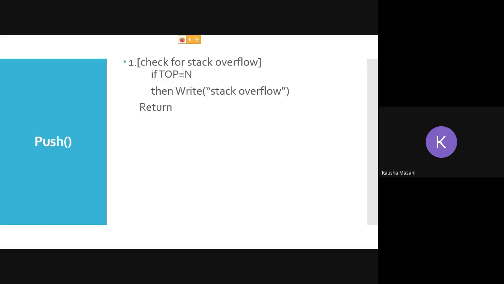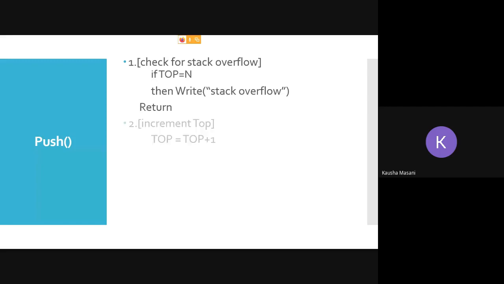Either you check whether it is empty with top equal to -1, or top is less than stack size -1. Or in the reverse case, you can check if the stack is completely full with just one condition: if top is equals to stack size -1, that is n, you write stack overflow.